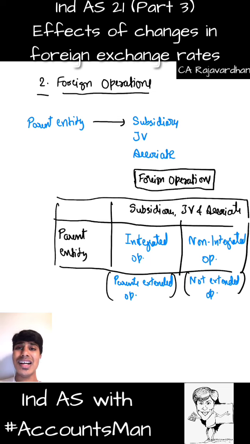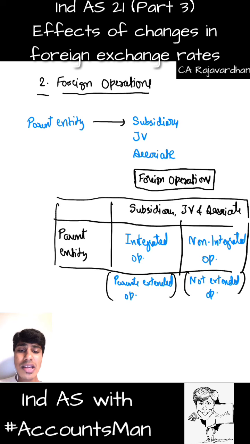Whenever the parent has control and the management of the subsidiary, joint venture or associate, and the basic control with respect to the raw materials they are going to purchase, how they are going to do the production process, to whom they are going to render the services or sell the goods, the price at which those goods are supposed to be sold, how they collect the money, or who bears the expense. If it is like a very small baby, completely controlled with regard to every small management decision by the parent, that becomes integrated operations. Whereas if it is given certain powers to deal with its own, then it will become non-integrated, something like a dependent branch and non-dependent branch, similar topics that we read in our branch accounting part.